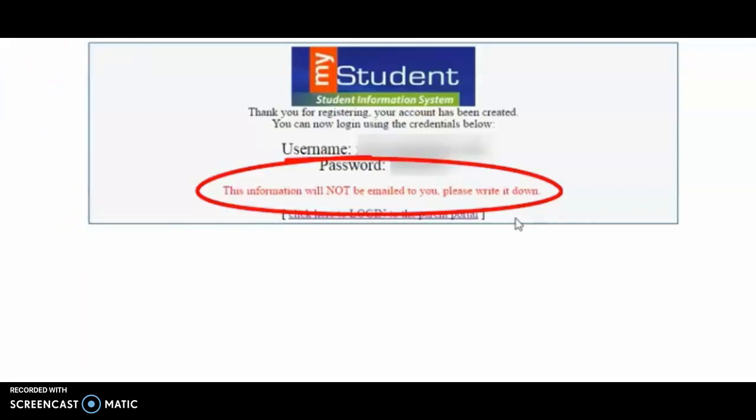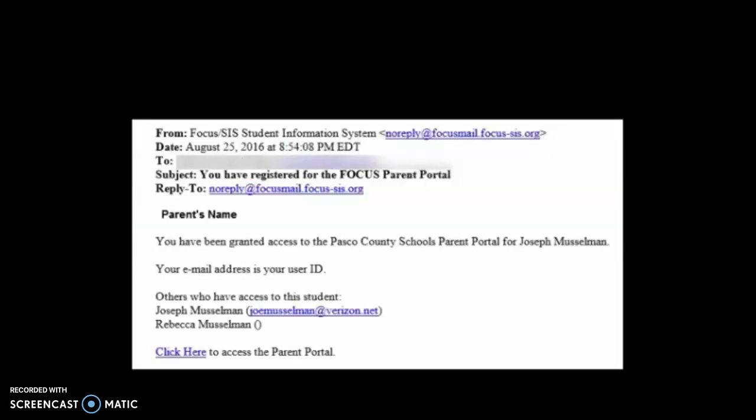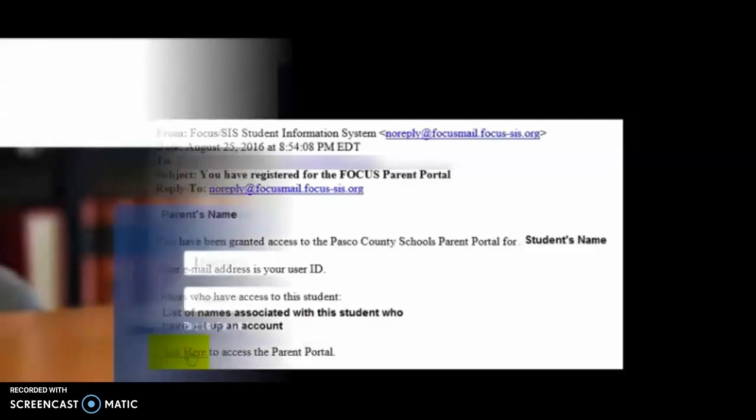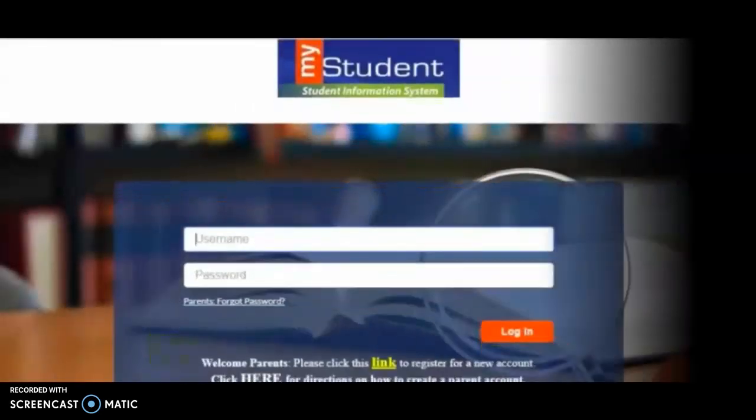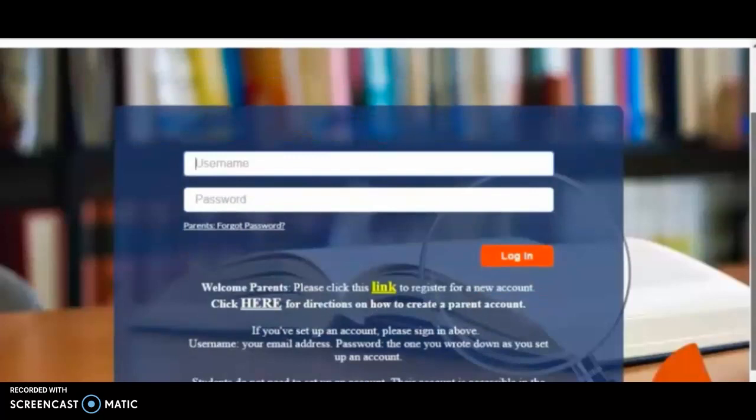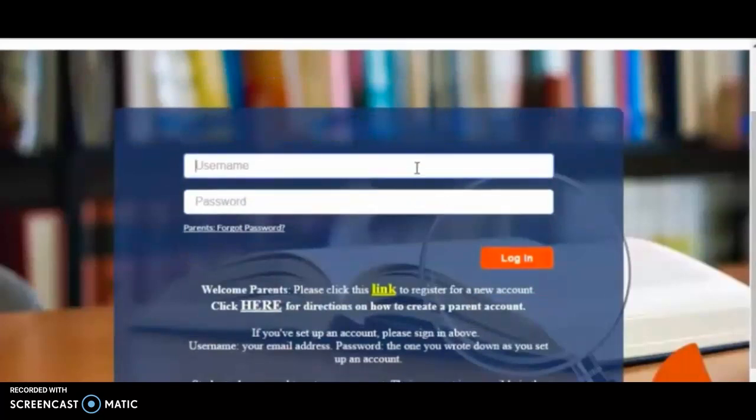The password should be written down at the time of creating the Parent Portal account. You will be asked to verify your email by going back into the email address that you used to set up your account. As you do that, you will have one link in your email to verify your email address is accurate. You are now ready to log in and see the Parent Portal. You will use your